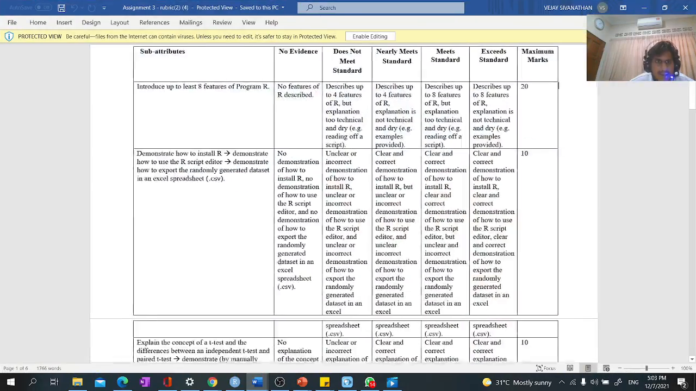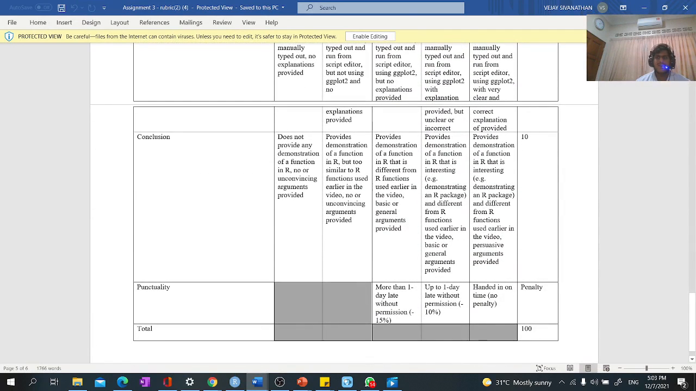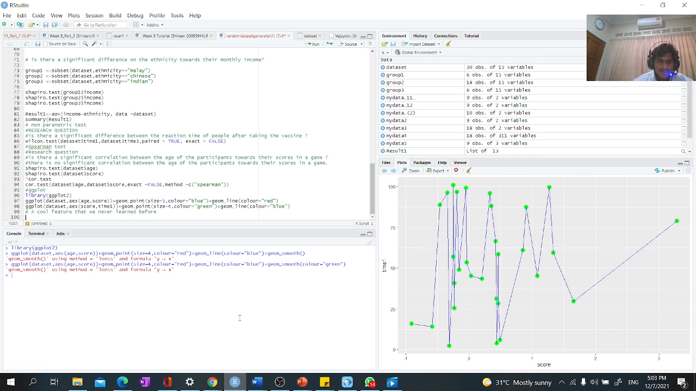Finally, this is the last part of my assignment, and in this part I'm going to show you one of the features that I've never learned from this course. One of the things that I never learned is how to draw a really cool graph, which is even better than this. So I'll show you how to draw it, Mr. Trevor. Firstly, we have to call library